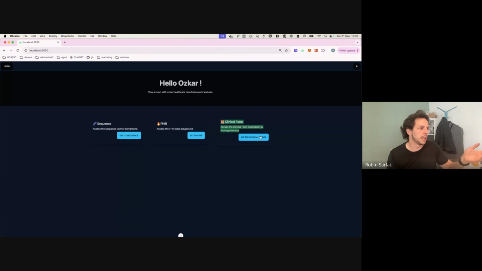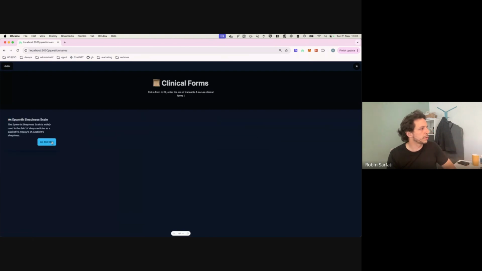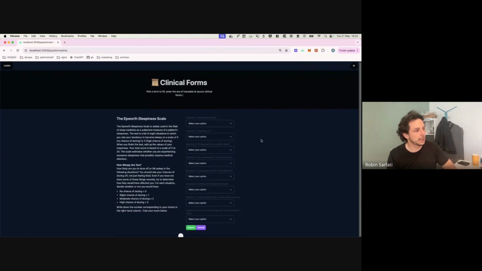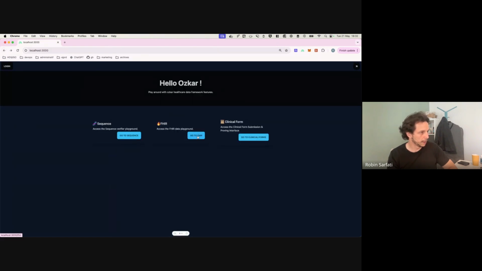So for example, I use the clinical form for sleepiness. It's just a test about how sleepy you can be, etc. And I'm trying to adapt it to generate a proof that, for example, you had a specific score in this form, so that the framework can also be used in a clinical trial context. Okay, so it's just in the making. This one was not in the scope. Okay, what is interesting is the Fire